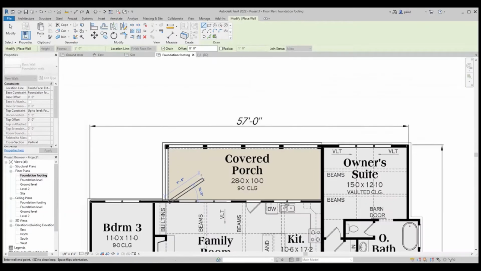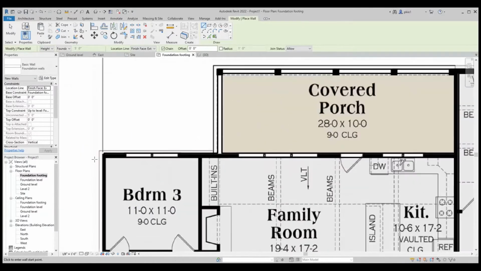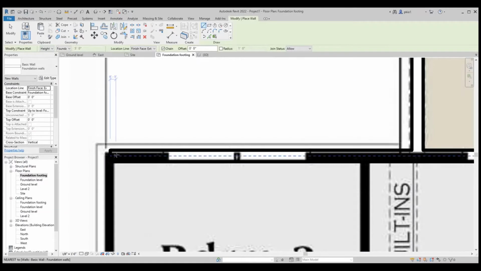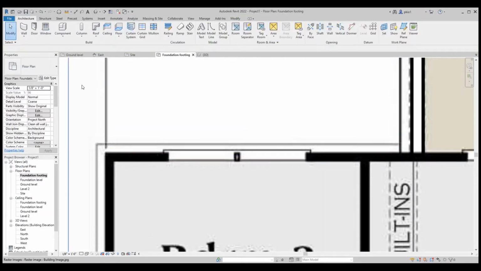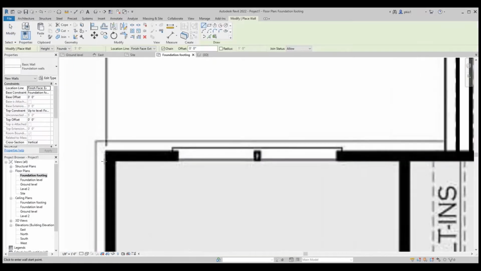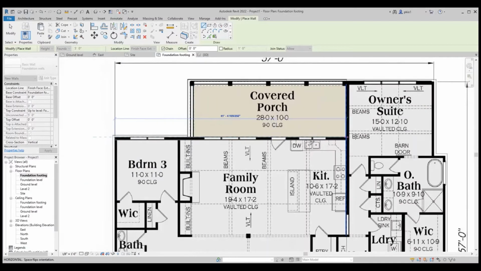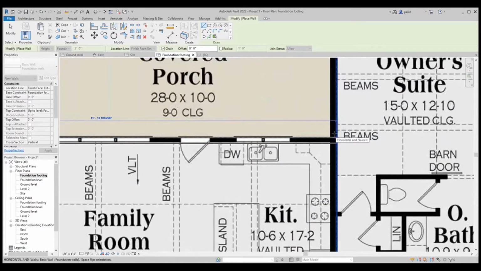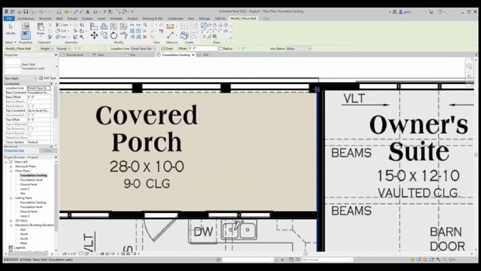Once you get to where you want to stop, you can press escape to come out of the command and then continue again at the edge. So delete this one and draw it by the edge so that it will be neater. I come to this edge and click. 6 inches wall. Escape, click here.